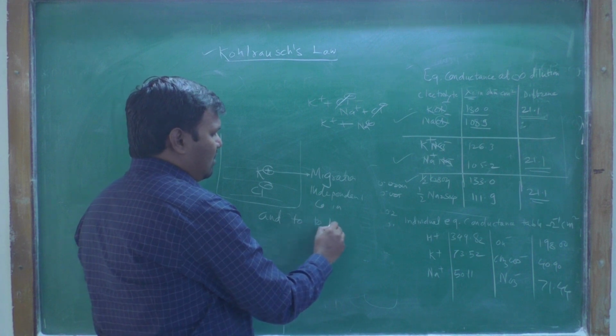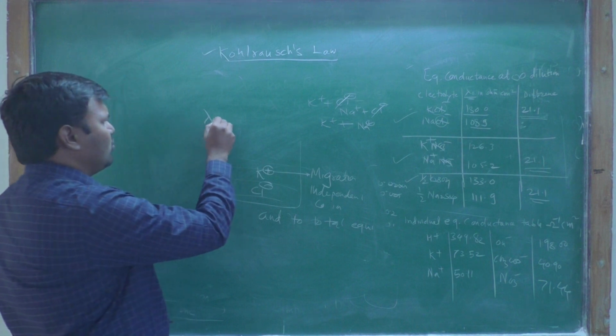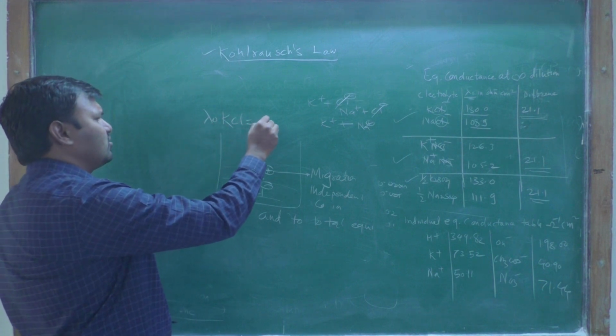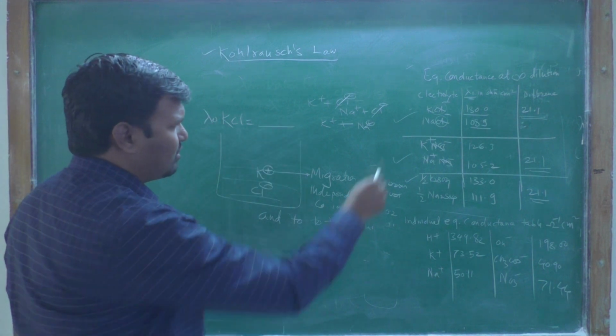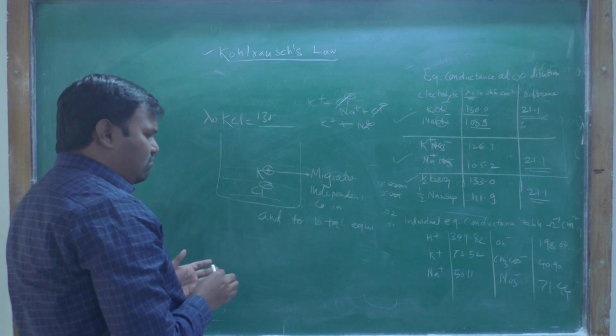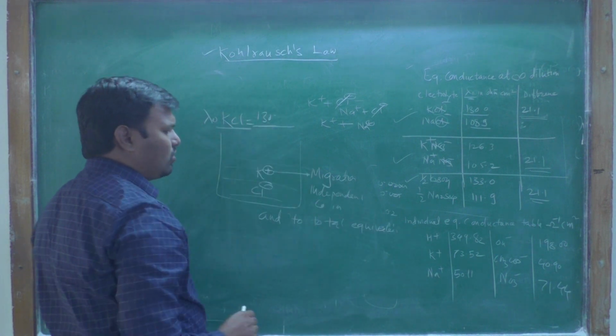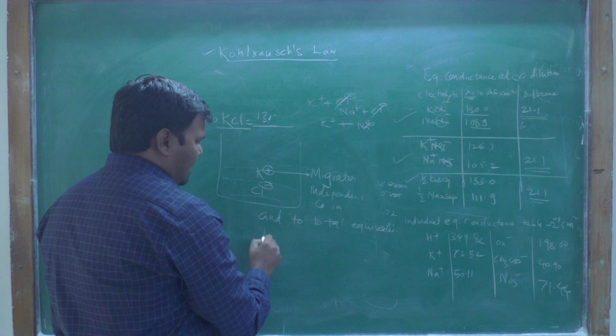To the total equivalent conductance, for K plus, lambda 0 is the KCl value that is obtained. For KCl, the value 130 is obtained. This is the total equivalent conductance, and that ion shares